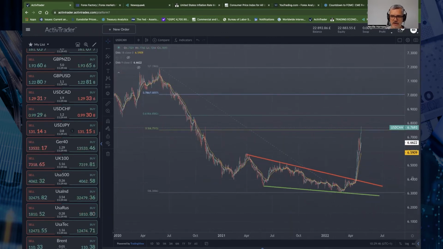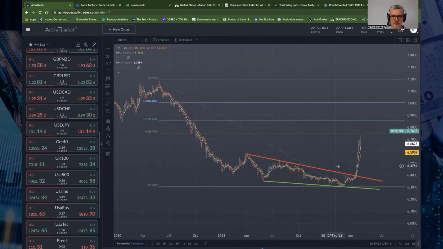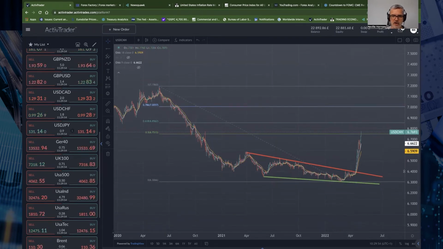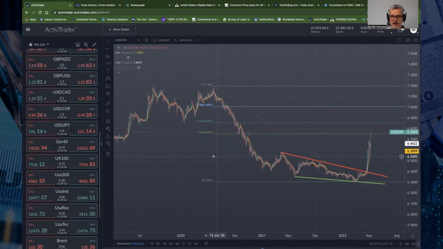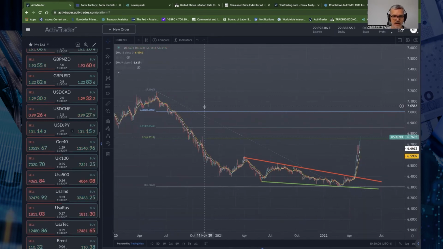Now, the Chinese haven't really done any stimulus to weaken their currency. So this to me suggests that there is a shortage of US dollars, and a lot of that might be down to the drop in exports. So we have to keep an eye on that. But the harder this goes against the Chinese yuan, the more likely the dollar index is also to carry on going higher as demand for US dollars increases.